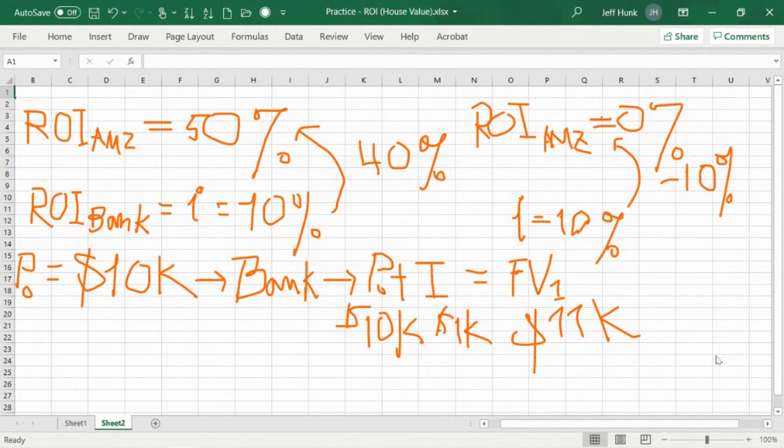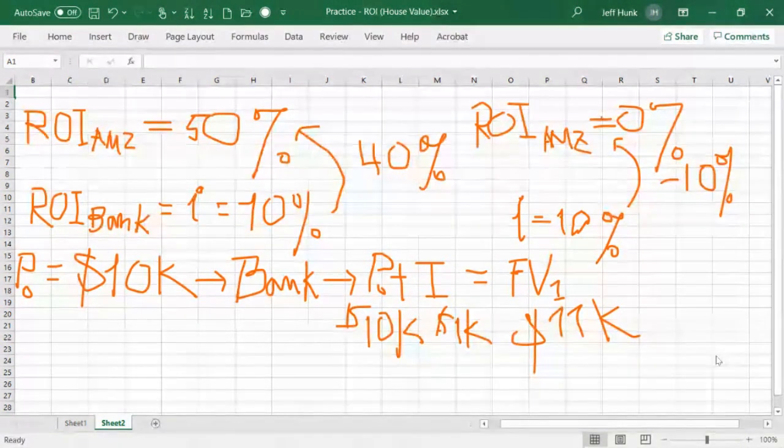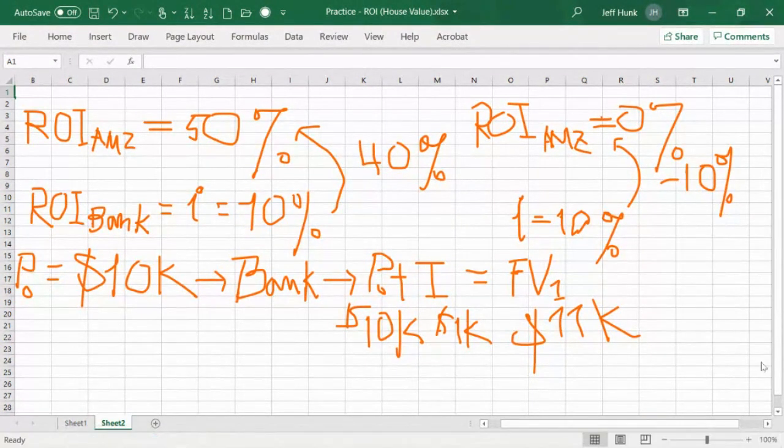Yes. So that's one benefit of lending rather than directly investing. But again, in reality, what is the bank interest rate like in reality? Less than 1%. Yeah, 0.1%. Actually, there's no such thing as 10%. It's just a hypothetical example. In reality, there's no such thing as a 10% bank interest rate.